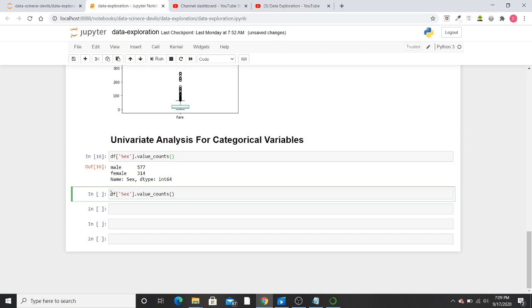Now I will divide this by the total rows present for the column, and then I will multiply this by 100 to get the percentage.